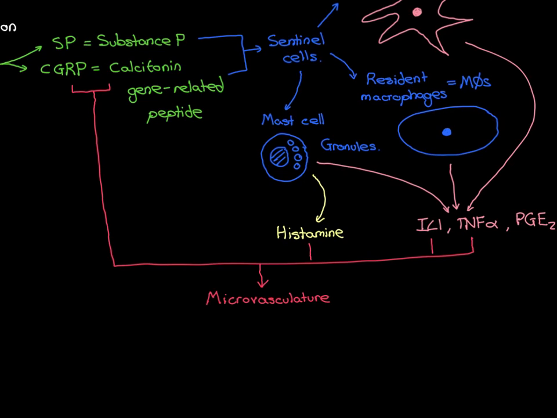Okay, so all of those are going to work on the microvasculature to cause inflammation. So let me just finish my little flow diagram off here to say acting on the microvasculature is then going to lead to inflammation occurring in the meninges. So a little bit of inflammation is going to occur in the meninges overlying the area of cortex that has undergone cortical spreading depression. Okay, right, but the important thing for us is how this forms a vicious cycle by